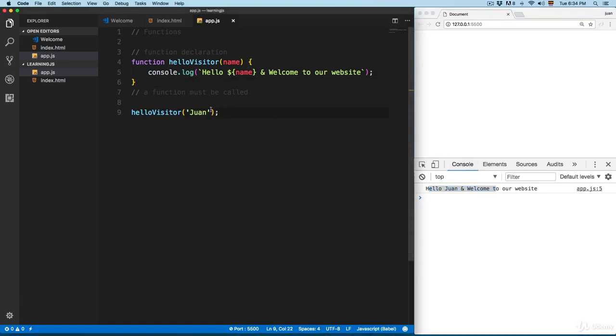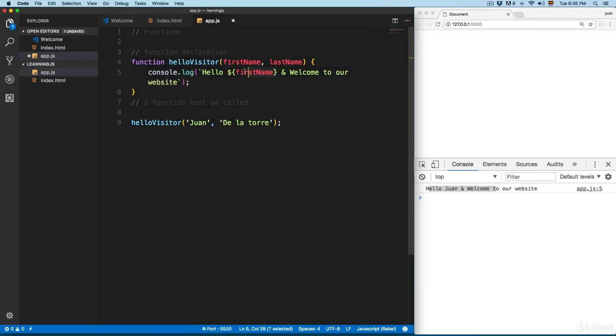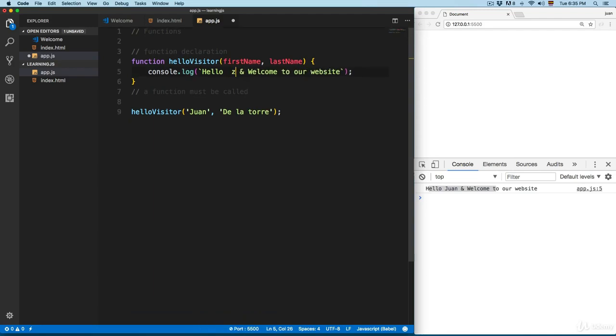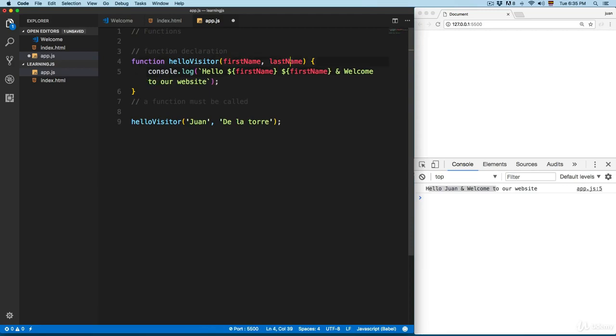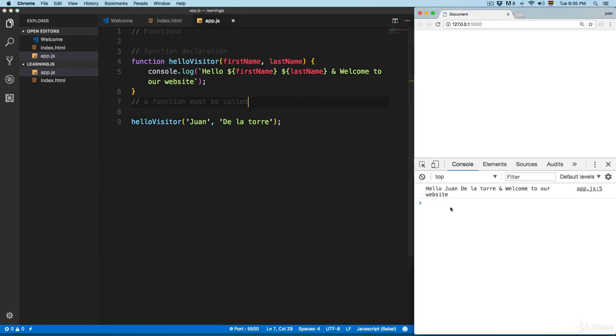So you can pass all the arguments that you need. So for example, I'm going to add my last name. And right here I'm going to add a comma. And this is going to be last name. This one is going to be the first name. So we add first name like this. Paste right here, and I'm gonna copy this and paste right here. Select this, paste right here, and change this last name to something like this. So we can save this, and now you can see we have hello Juan de la Torre and welcome to